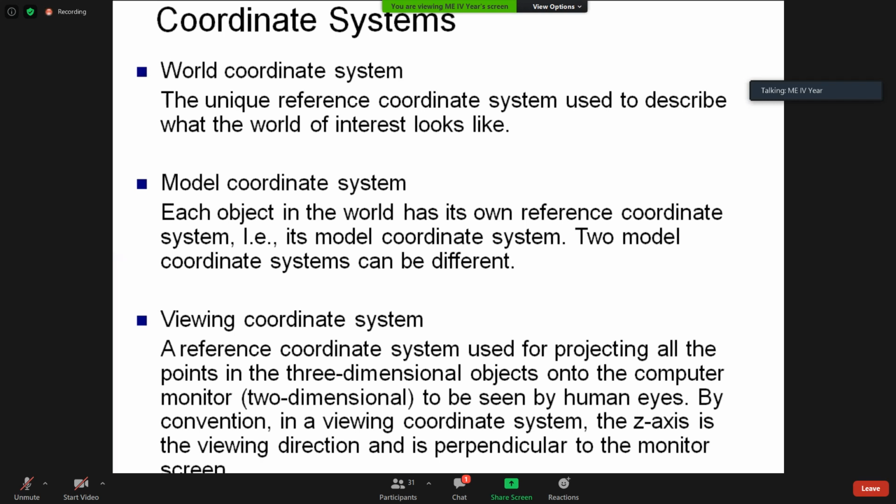Third angle means below XY is the front view, above XY is the top view, and adjacent to the right side of the front view is the right side view only. Adjacent to the left of the front view, we draw the left side view only. The left side view is not drawn on the right side. Only the right side view will be on the right side, and the left side view will be on the left side.